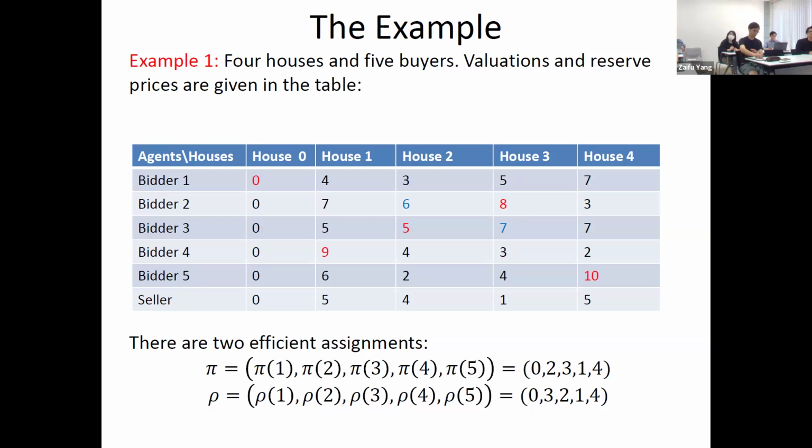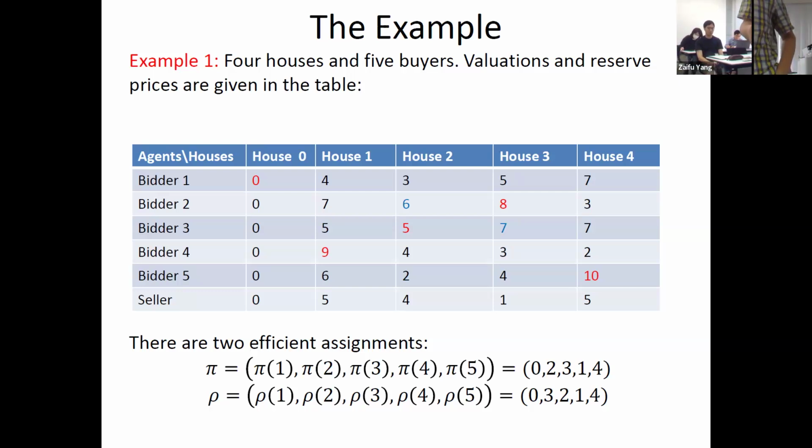Then it's also possible to do it the other way: house three is assigned to bidder two, and house two is assigned to bidder three. So we have two efficient assignments for this market. Later on we will give an auction, a dynamic auction, which will find